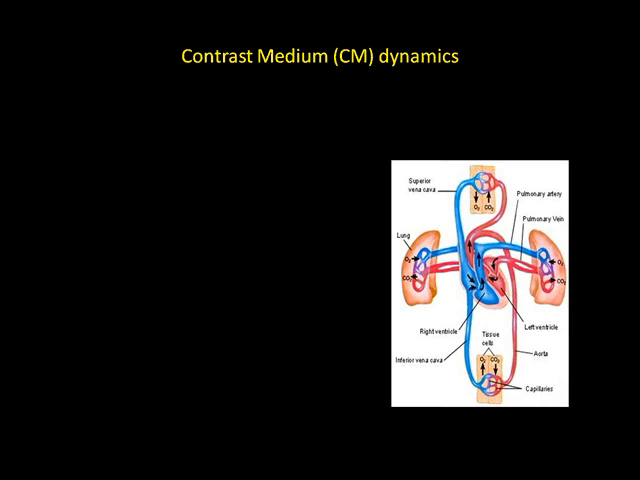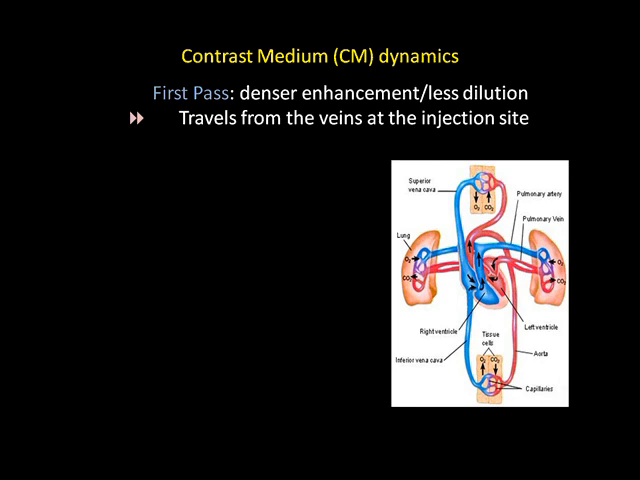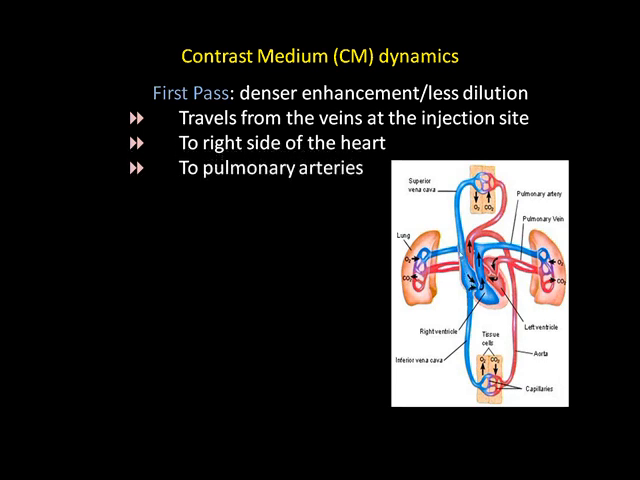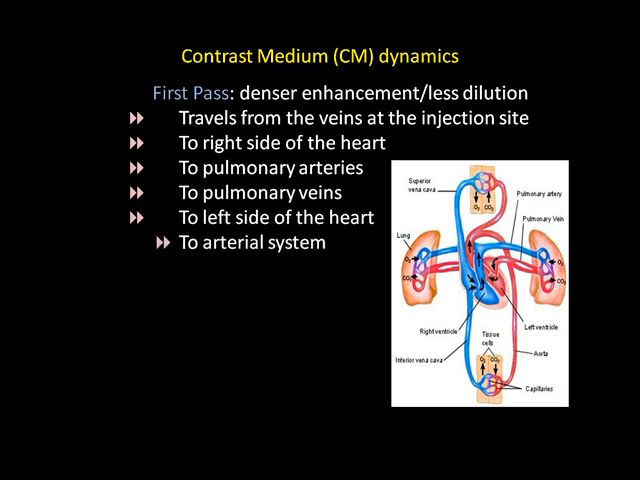Let's talk about how the contrast circulates around the body so we understand what's happening. The first pass of the contrast is a denser enhancement, and it's less diluted. It travels from the veins at the injection site, right here, to the right side of the heart, there, to the pulmonary arteries, so out and up, to the pulmonary veins, back into the heart, the left side of the heart, to the arterial system,